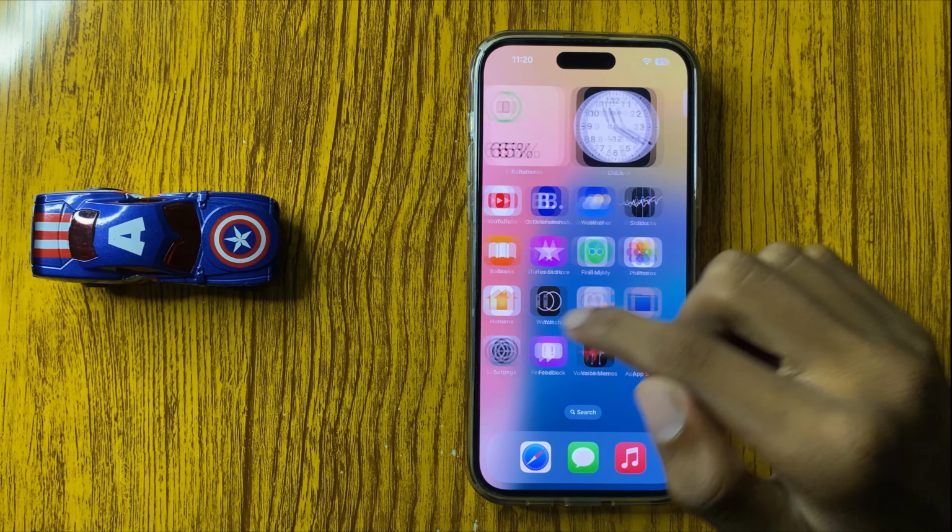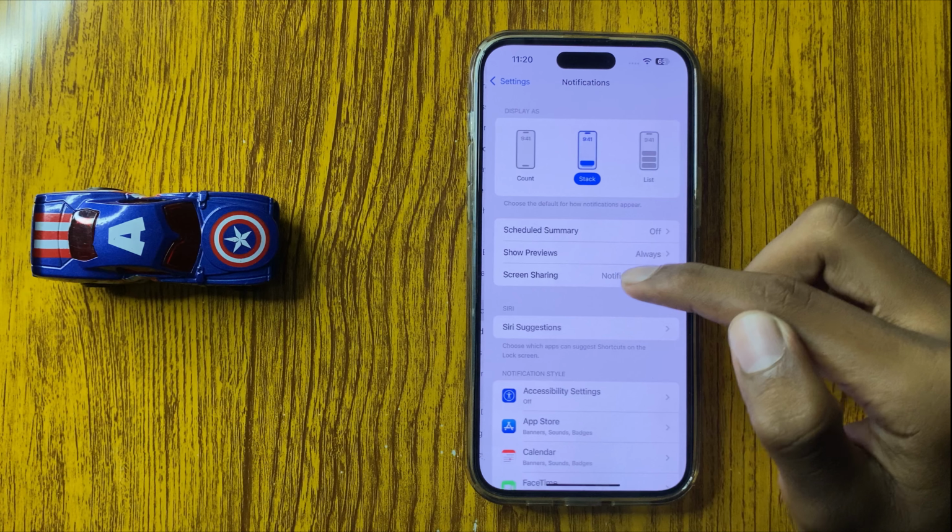First of all, if you want to turn off Mail notifications and Gmail notifications, then simply go to Settings and scroll down, and here you see the option Notifications. Simply click on Notifications